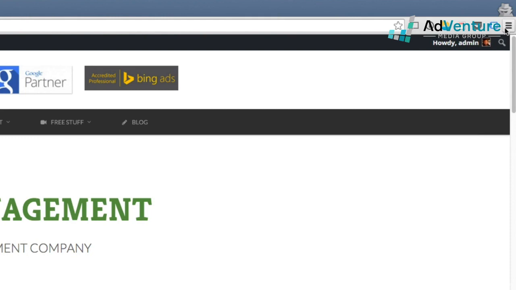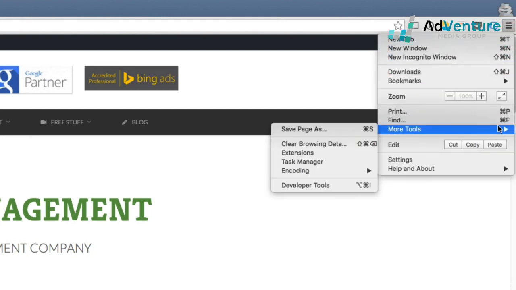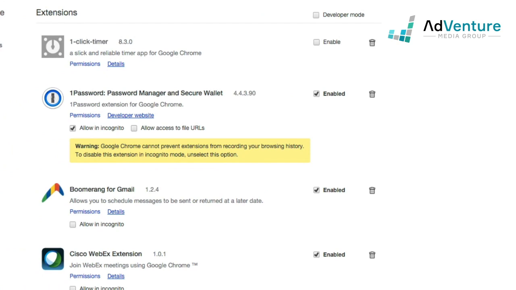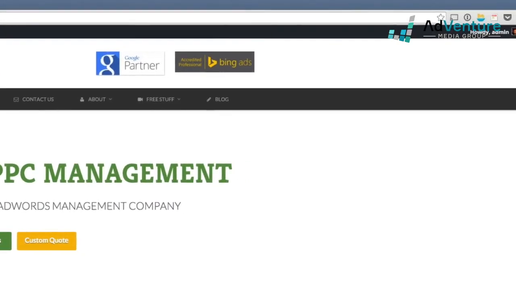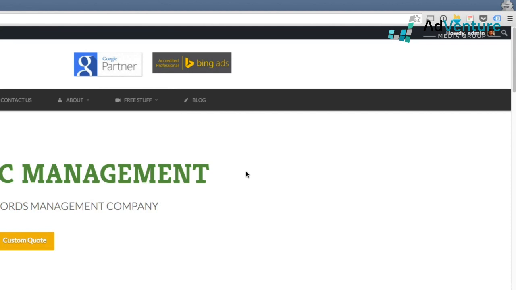Okay, the way you get that is by going to your Chrome extensions, by clicking Settings, More Tools, Extensions, and you'll be able to go ahead and search for the tag assistant and add it to your Chrome browser. Okay, so once you have that added, it's a really handy tool to check for Google tags loaded on any given page. So I'm going to go ahead and just simply click the tag,